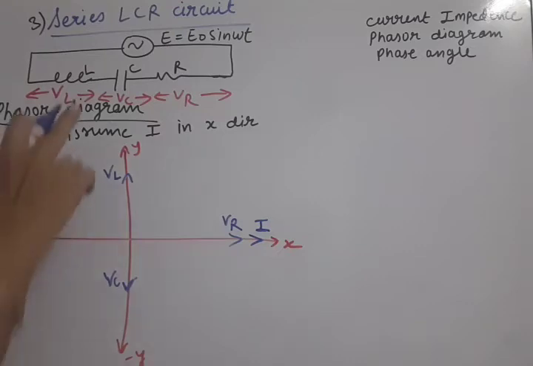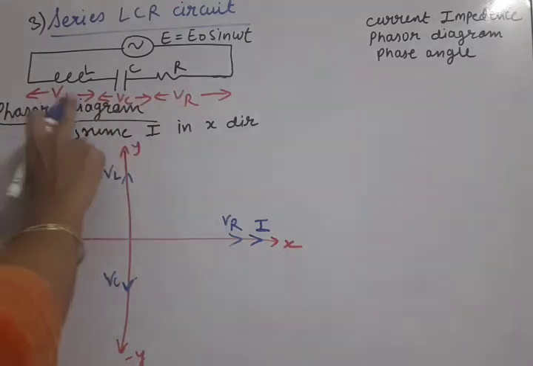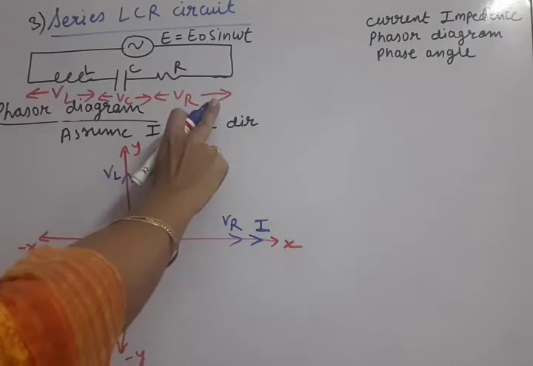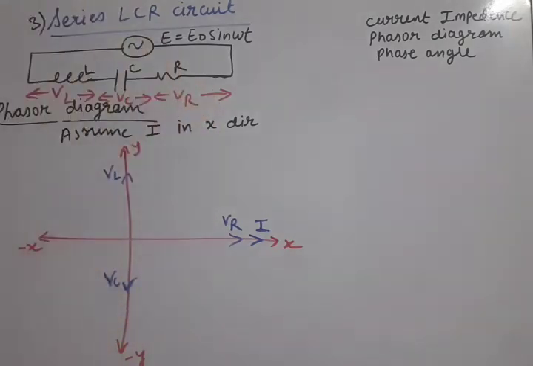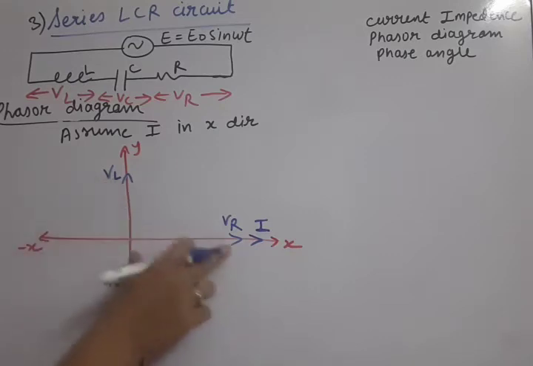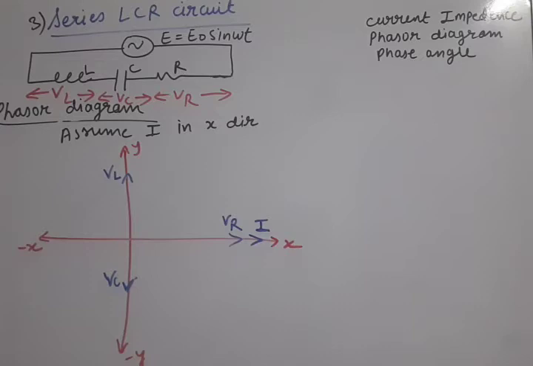Now the resultant of VL, VC and VR is equal to E, the supply voltage. It is distributed among these three voltages. So how do we solve the resultant of these three voltages? All the voltages are in different directions, and we have to solve VL, VR, VC. The idea is that we will take the help of the parallelogram law again, and first make a set of two vectors to solve.